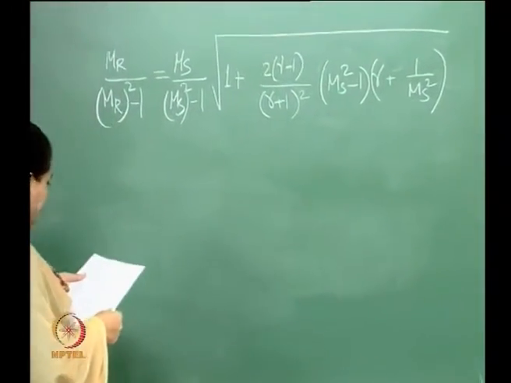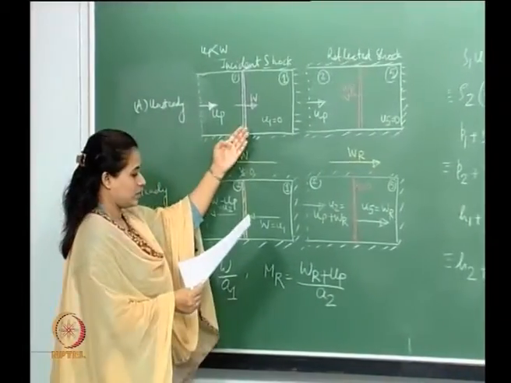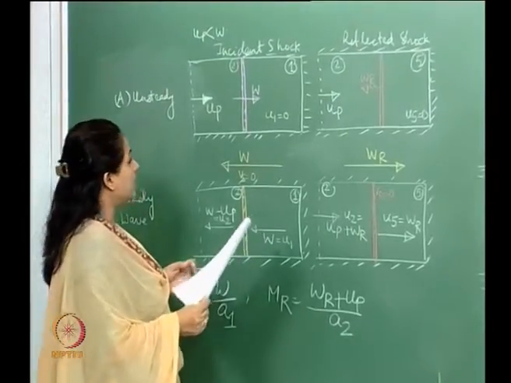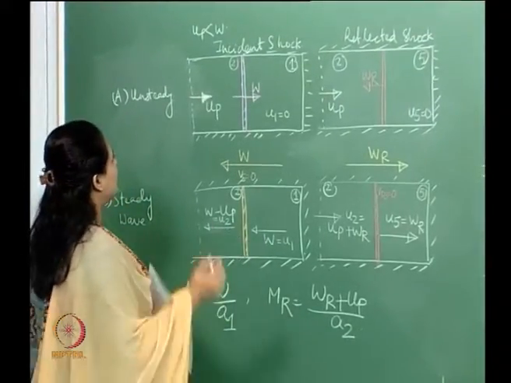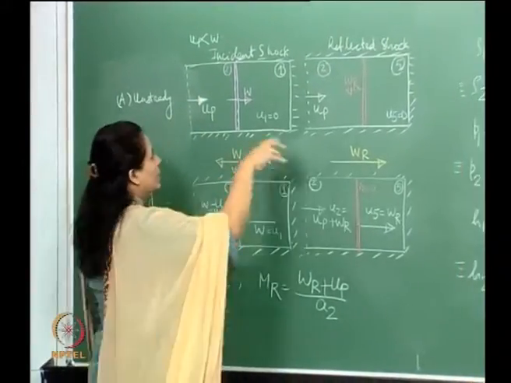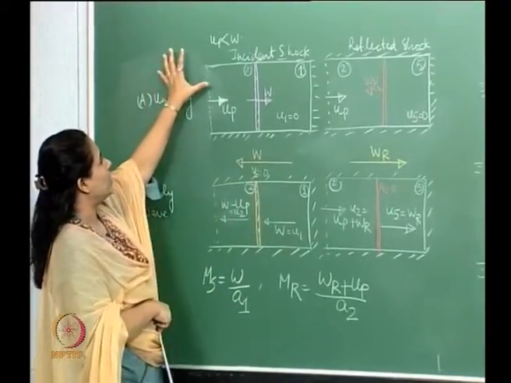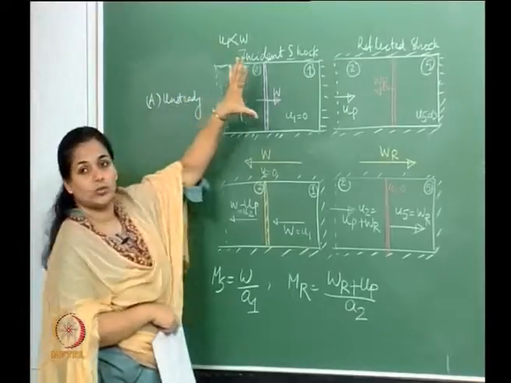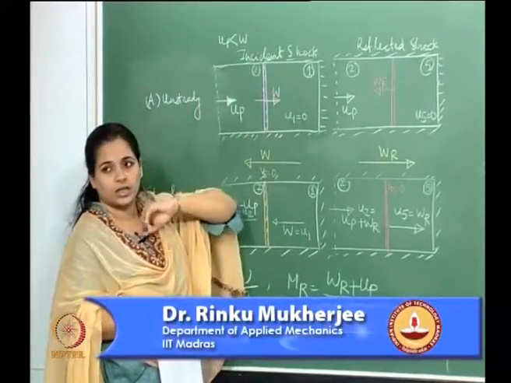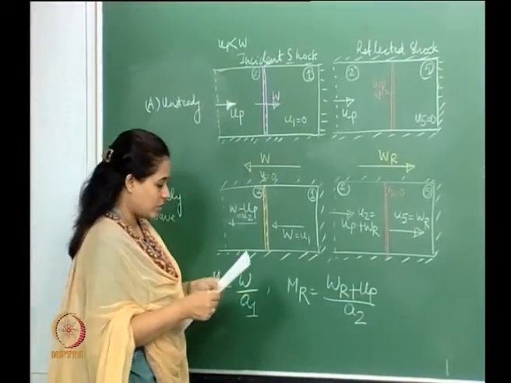The problem says that an incident normal shock reflects from the end of a shock tube wall if the air in the driven section. So this is the driver section, because the shock is moving into the right. As we had said in the last lecture, the pressure out here in the P4 region is much more than P1. So when we break the diaphragm, it moves into the quiescent flow here. So this is the driver section, this is the driven section. So the air in the